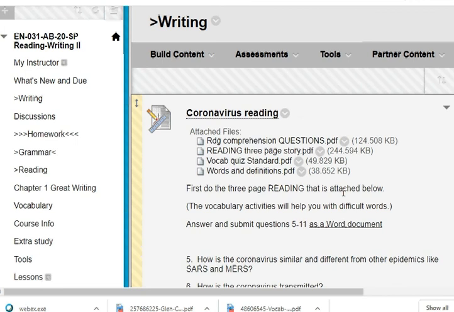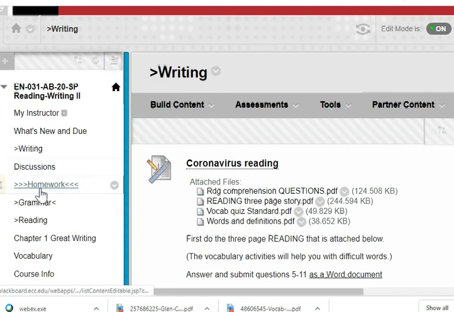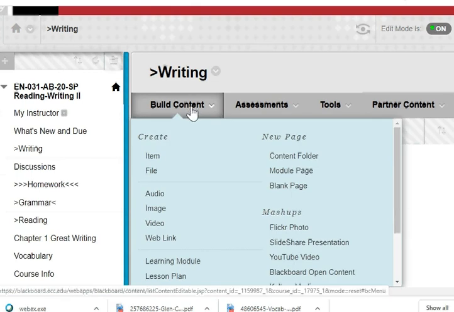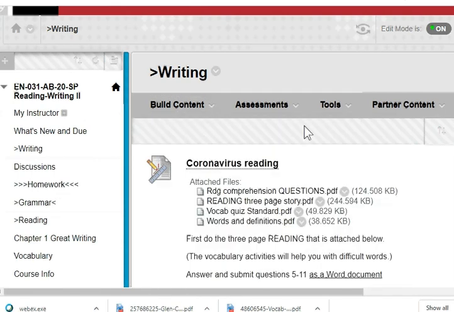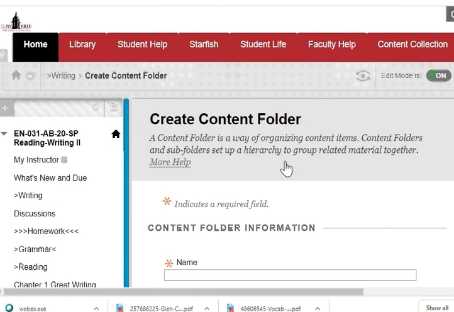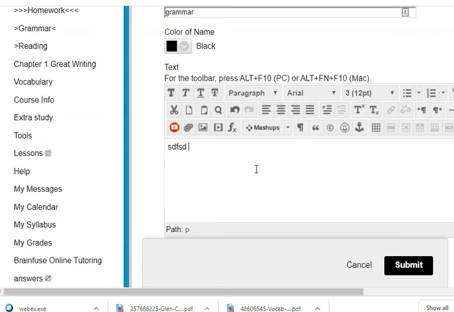The next basic thing you need is how to add material and activities into your content areas over here, your folders you can call them. And I'm going to show you a few basic ones here. Normally, if I'm organized, I will start by identifying a content folder that will go inside the content area that I'm in right now. So I'm in writing right now. I think I'm going to create a folder in writing. Let's just call it grammar for the heck of it,